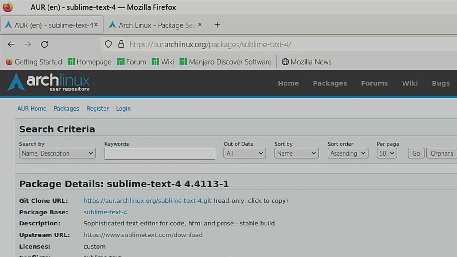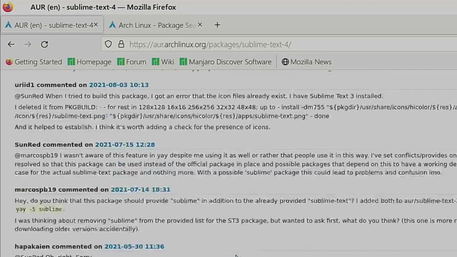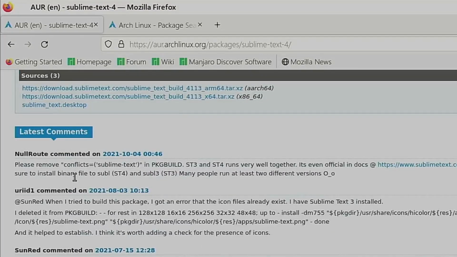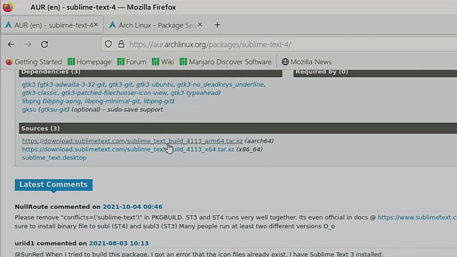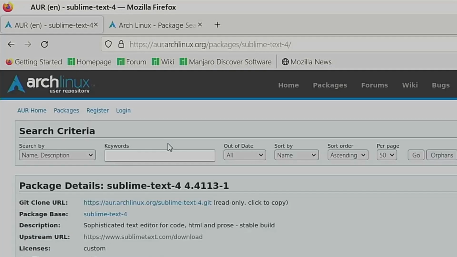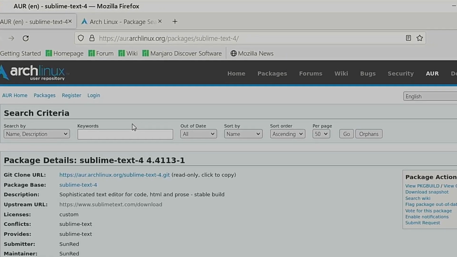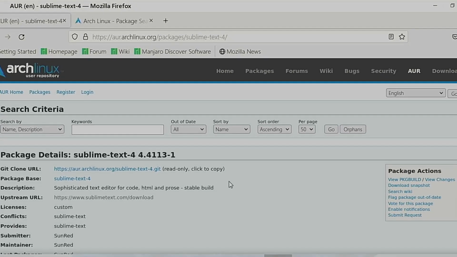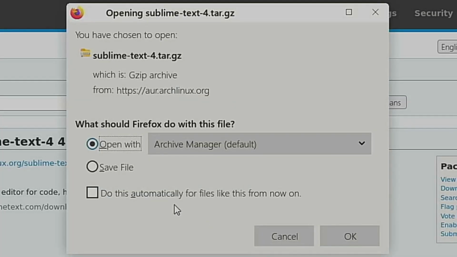And if we scroll down the page, we can see the latest comments about the package. Since packages in the AUR are maintained by the community, it can be useful to look in the comments section, particularly if you run into any issues. To get started with the installation, we're going to download the snapshot of the package and save that to our